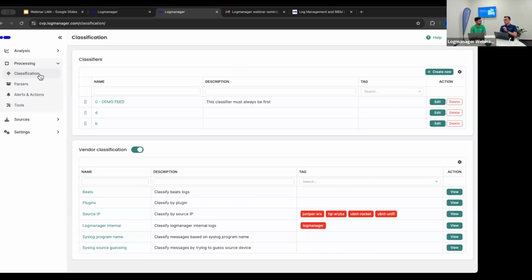So either the thresholds, but also the situation which is nearly impossible to detect with Logmanager nowadays. If something doesn't happen, we can easily detect that something happens, but we cannot easily detect that something doesn't happen. And the built-in OpenSearch alerting we will start using will help us to extend these use cases and to live together with our existing alerting and extend all those capabilities,